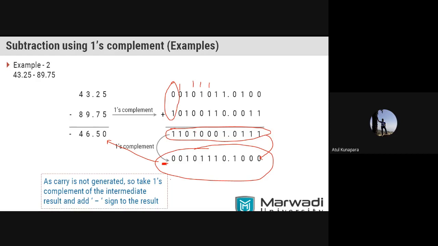So I hope I have made this thing clear to all, right? It looks similar to the procedure we have done for subtraction using 9's complement. Is that clear to everyone? Yes, sir. Okay, so you all are required to perform this kind of subtraction using the ones complement method. We'll be discussing the second complement method of subtraction in our next session tomorrow. Till then, you can practice the subtraction methods we have discussed today.